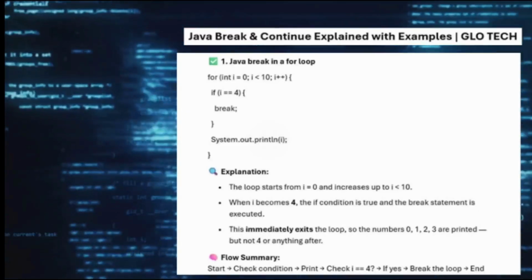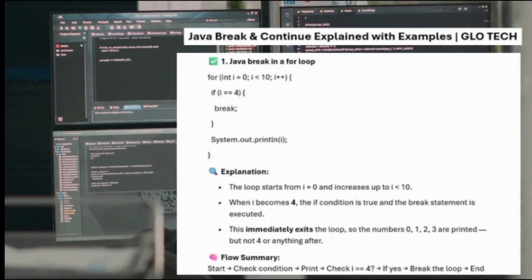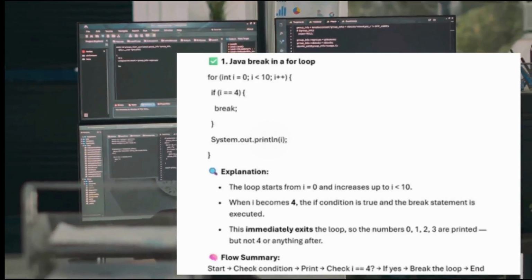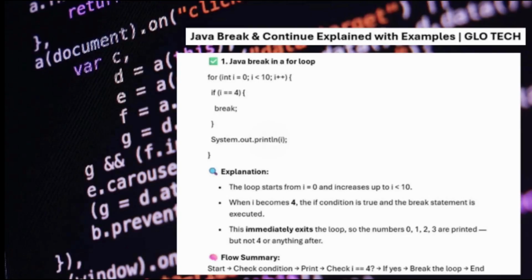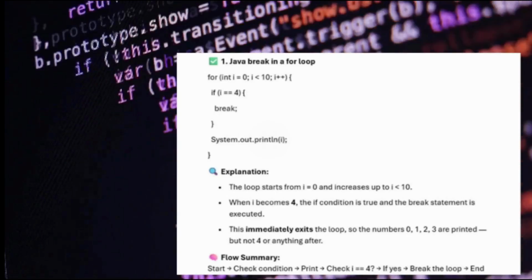Here's a quick example. For int i = 0; i < 10; i++, if i == 4, break; otherwise System.out.println(i). So what's happening here? The loop starts from i = 0 and goes up to i < 10. When i hits 4, the if condition is true and the break statement kicks in. This immediately exits the loop, so you'll see numbers 0, 1, 2, and 3 printed, but not 4 or anything